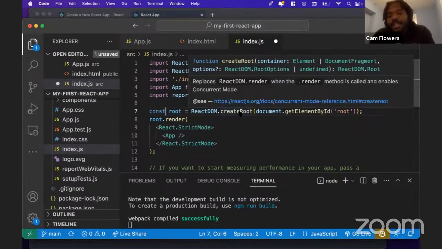Actually, when you hover over it, it'll show you some of what's going on in there. So it looks like this function is just taking in some things and returning some. It's essentially creating a new root for the React DOM, right? So it's not really easy to say what type this is, but JavaScript refers to different pieces of